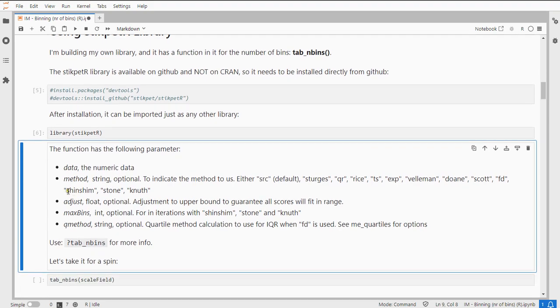takes, of course, as input the data, and has optionally the method. So you can choose, as you can see, quite a few different options. The adjustment is to make sure that the upper bound gets included. So, for example, if you have less than 10, but you have grades that might go up to 10, then 10 wouldn't be included, so you need one more so that it nicely fits also the minimum and the